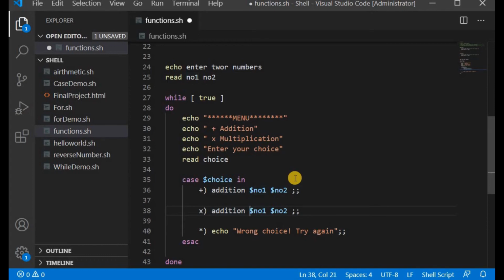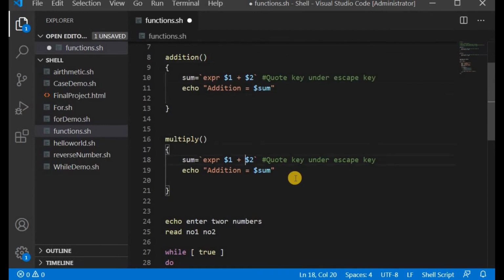The same arguments are required, only the function name will change to multiply. And inside the function, this operator will change to backslash star. And this variable we will change to say mul, multiplication, and print it as mul multiplication.